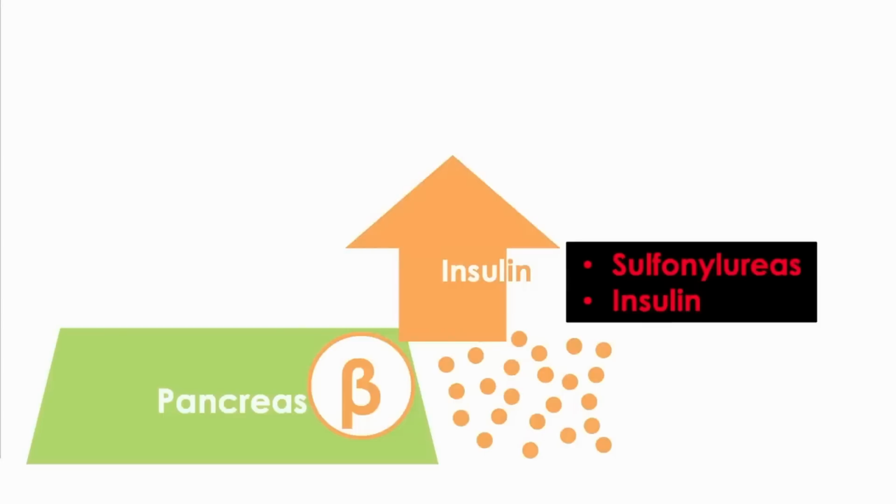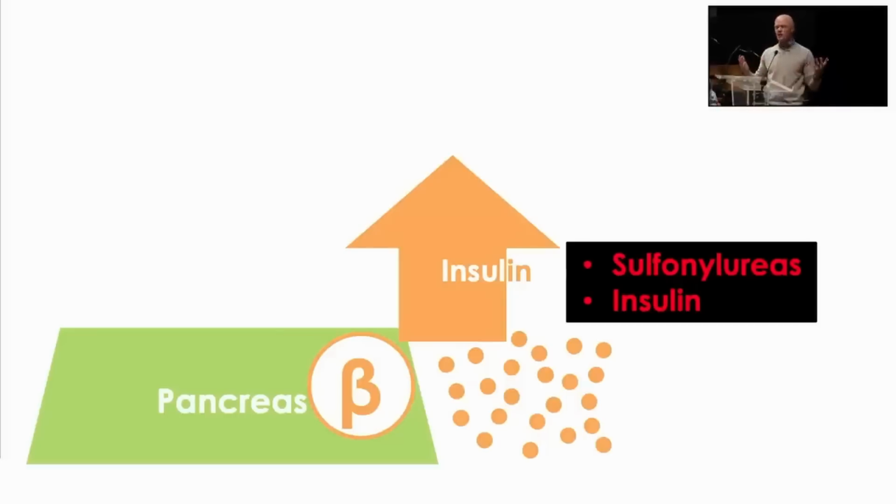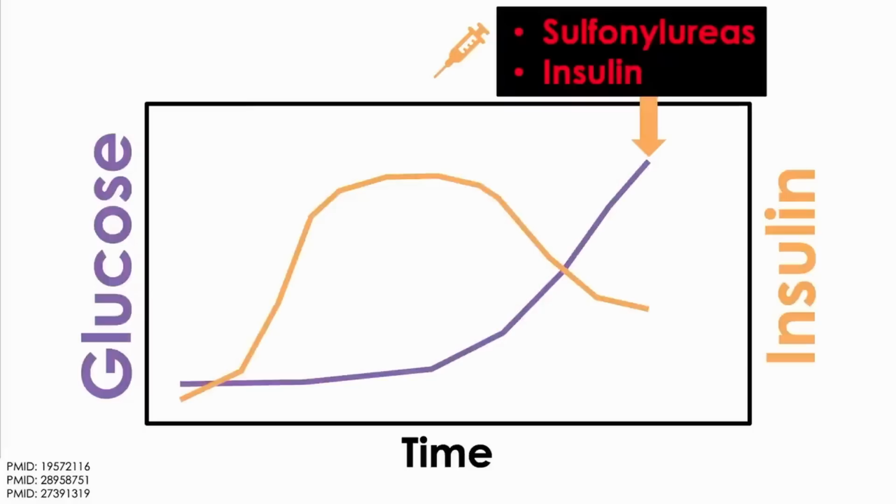Sulfonylureas and insulin, of course, various trade names. But the actions collectively of these will be to increase the insulin. Sulfonylureas, you take the pill and it'll basically force the beta cells to dump more insulin into the system. And then the insulin injection itself, of course, is going to increase insulin. The justification for this is this paradigm. The conventional clinician has a glucose-centric paradigm. And so we look at the glucose and we say, we just need to lower the glucose at any cost.